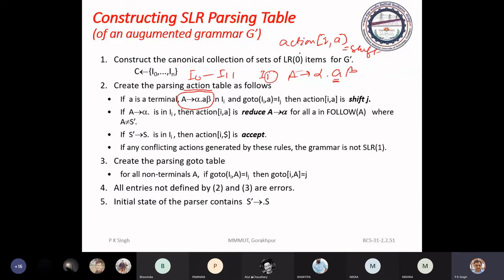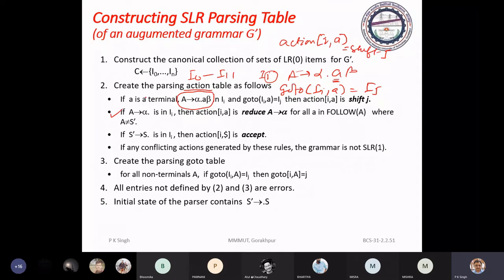Shift is associated with a new state. To get that new state, we have to find go to Ii, A. Suppose it is Ij. So here we have to write shift j.